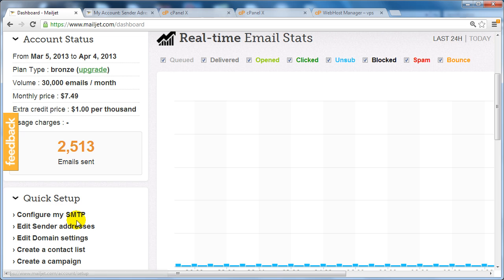The configure my SMTP you can ignore unless you want to use Mailjet, let's say for example with WordPress or with your web hosted script. You can use that here. But in this case, all that you need to know is the sender addresses and the editing of the domain settings. So if you click on this here,